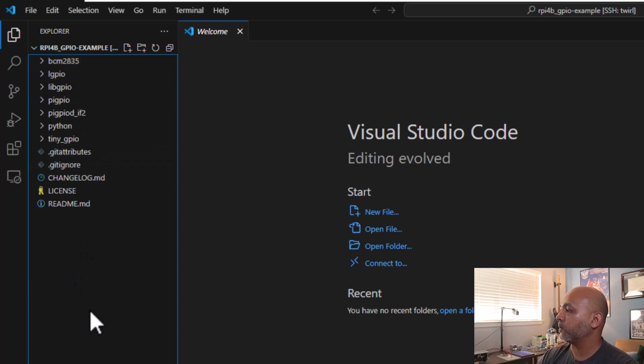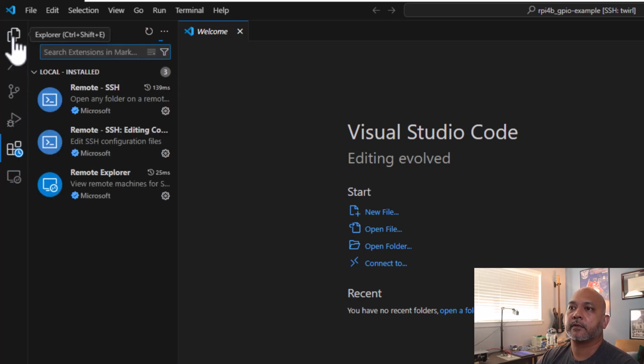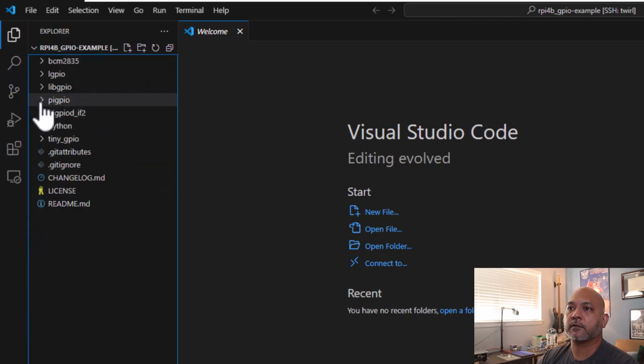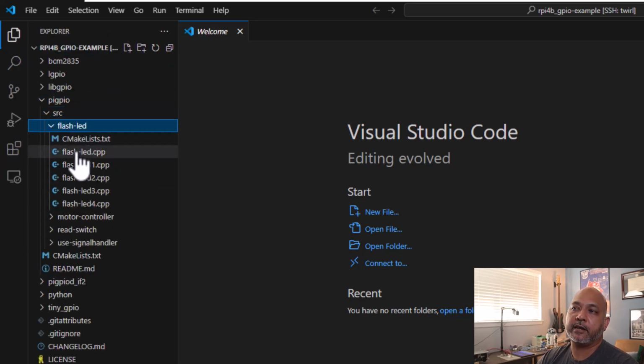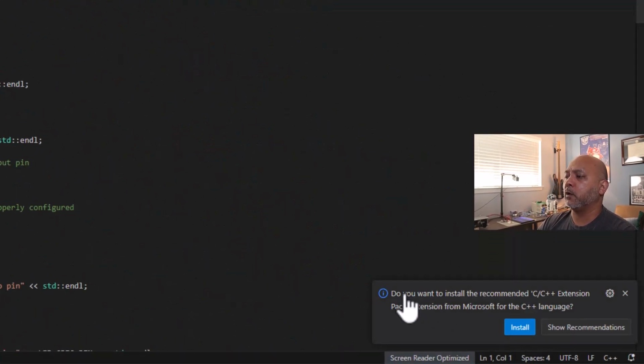files here, our folder. The next thing you want to do is install our C++ extension pack. Although we have all this installed, we can't do anything C++ related, or at least it won't give us some of the options that we were looking for, such as IntelliSense, etc., because Visual Studio Code doesn't know how to handle C++ code yet. In fact, if I open up the C++ file, it will ask me, do I want